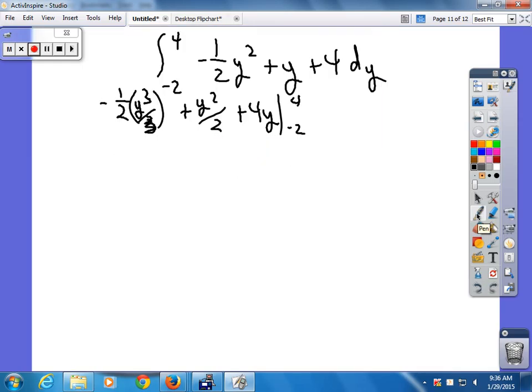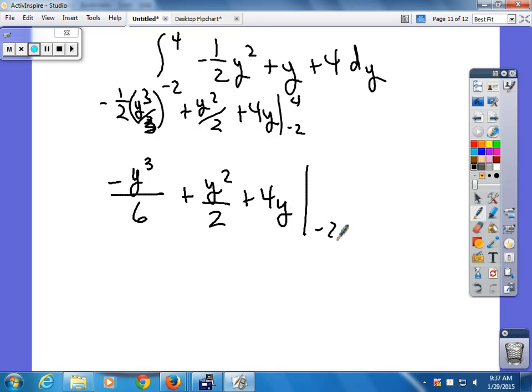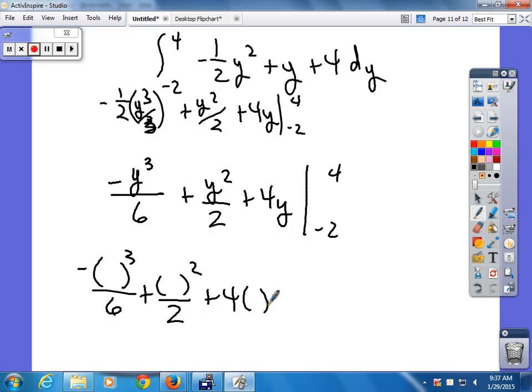All right, that's going to give me -y to the third over. No, it's not. Yeah, -y to the third over 6, right? Plus y squared over 2 plus 4y evaluated at -2 and 4. So that's going to be parentheses cubed over 6 plus parentheses squared over 2 plus 4 times parentheses